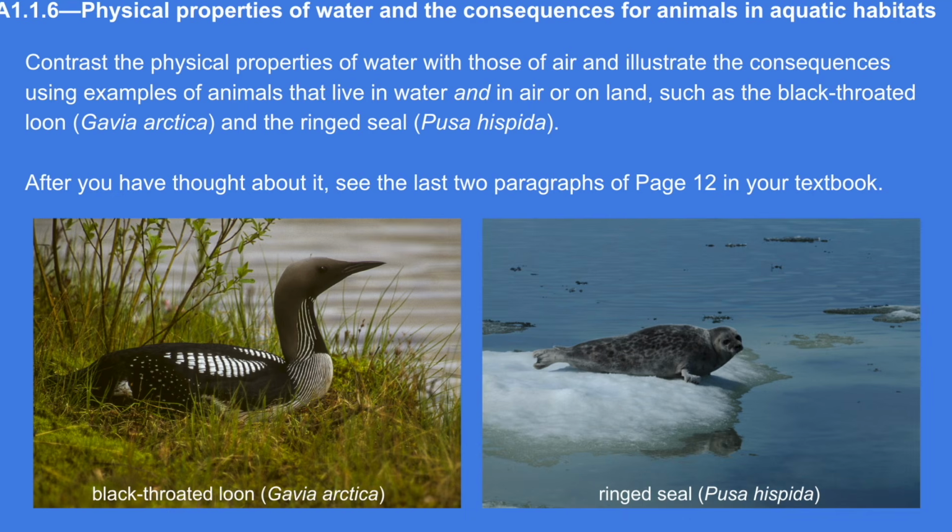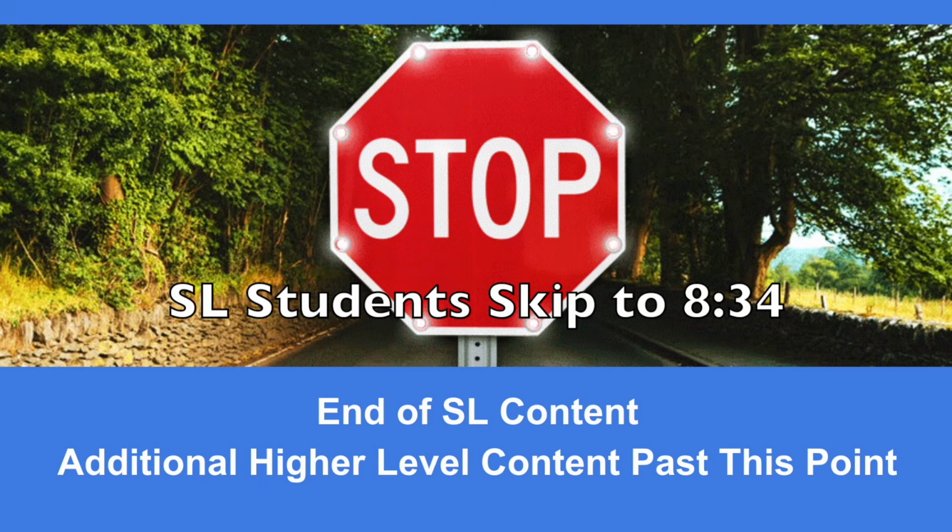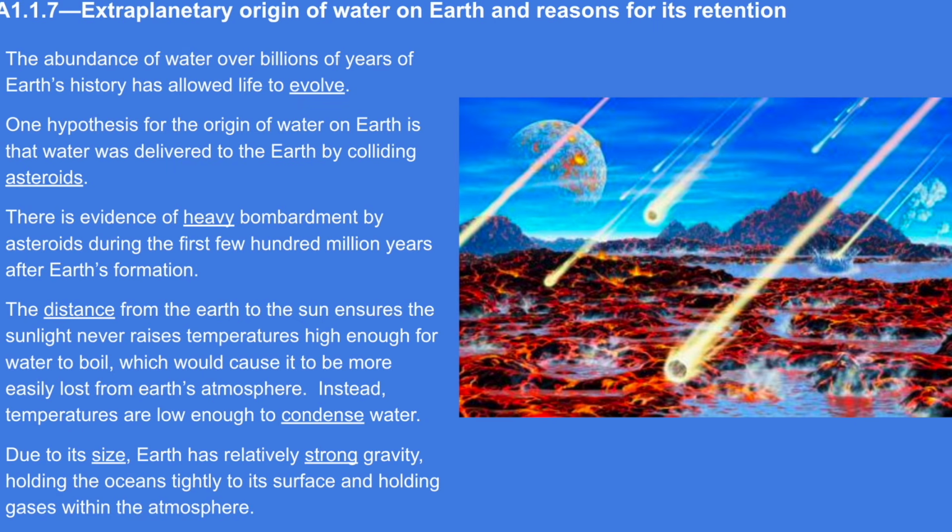Okay, and then here are just a couple of examples of organisms that are both water and land-based. And so again, we talked about the seal already, and then of course the birds that are water birds also have layers of feathers that can trap air to insulate against heat loss. Okay, this is the end of SL content for this first slideshow, so continue this if you are an HL student. All right,